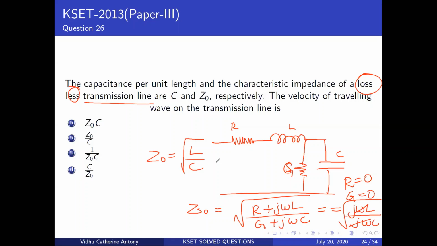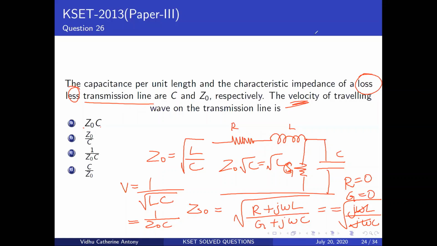Then there's another formula that you need to remember. You need to find out what the velocity is. So V is equal to 1 divided by the root of LC. I need a formula between Z0 and C, so what am I supposed to eliminate? I'm supposed to eliminate L. So I can put Z0 times the root of C is equal to the root of L. If I substitute that here, I get 1 divided by Z0 C. So this involved remembering your circuit diagram, your formulae, all those sorts of things, right?